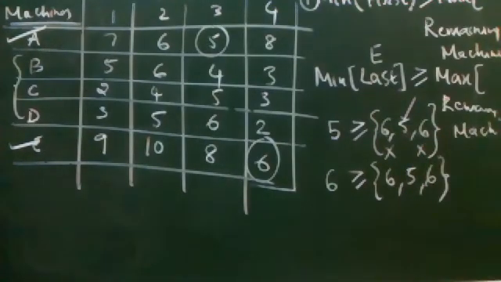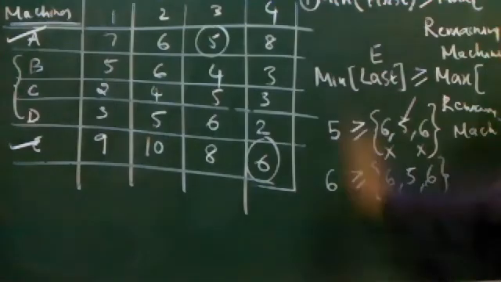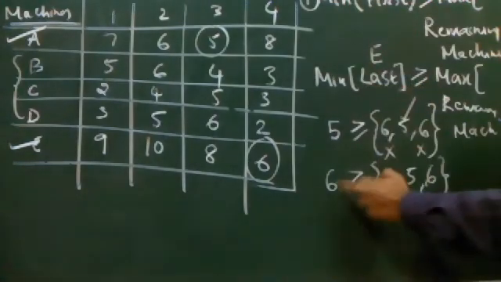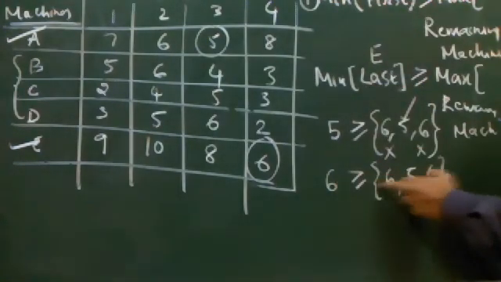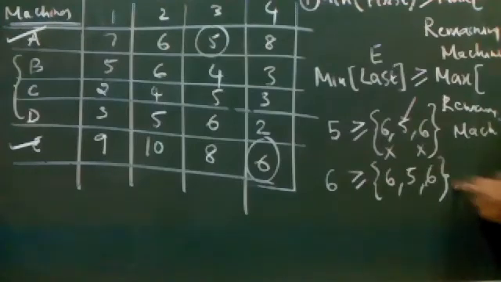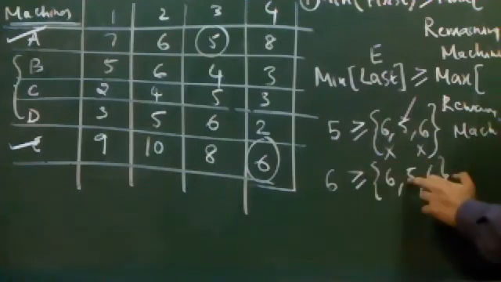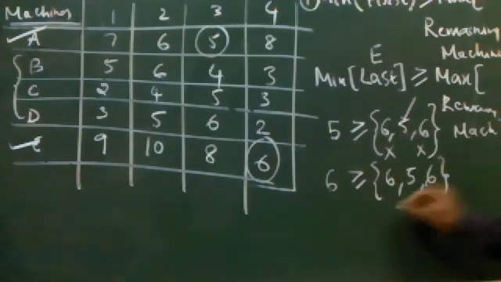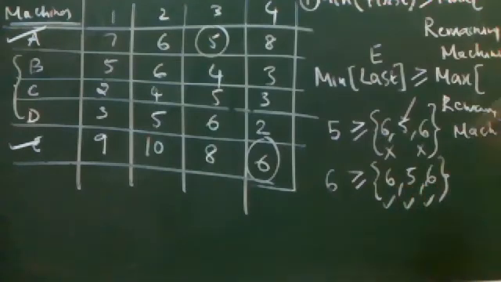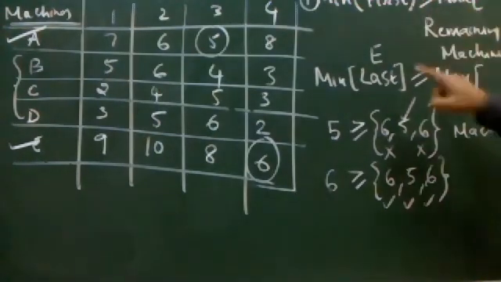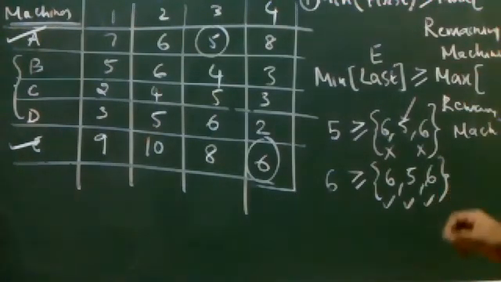Now you can see that in the second condition, or in the second equation, this particular value is satisfying all the 3 conditions. 6 is equal to 6, satisfied. 6 is greater than 5, satisfied. 6 is greater than 6, satisfied. That means all the 3 values are satisfied. Are you understanding? So the rule says if either of these 2 conditions are satisfied, then you are good to go for conversion.